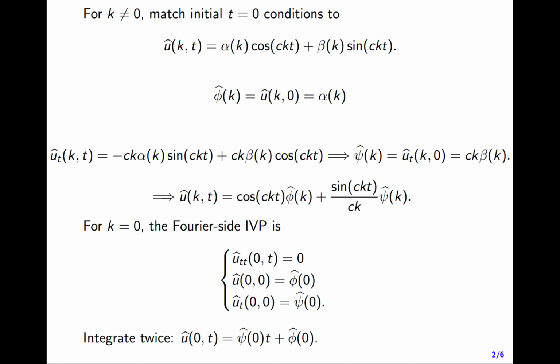I have seemingly two very different formulas for u hat of kt. One when k is not 0 in the middle of the screen, and the other for k equals 0, the simple linear formula in t. These really are the same things. First of all, if you fix t and take the limit as k goes to 0 of u hat of kt,